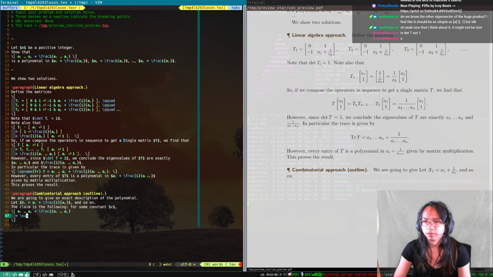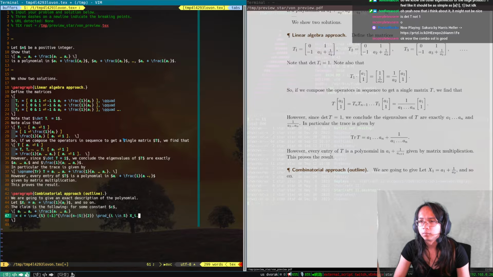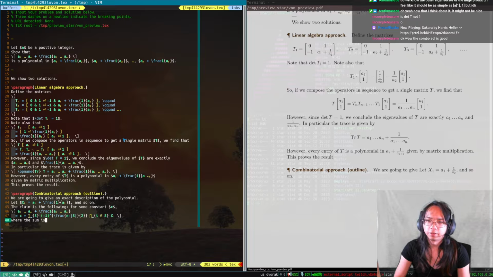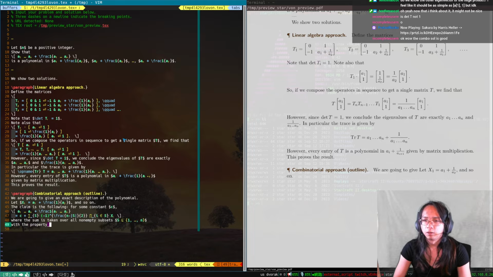Some constant c, plus the sum of (-1)^((n-s)/2), where the sum is taken over all non-empty subsets S of 1 to n with the property that when the elements of S are marked in a circle, the gaps between consecutive elements in S